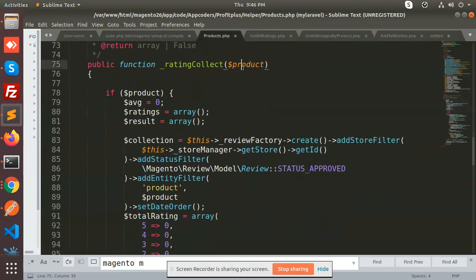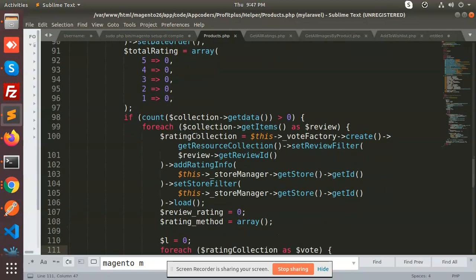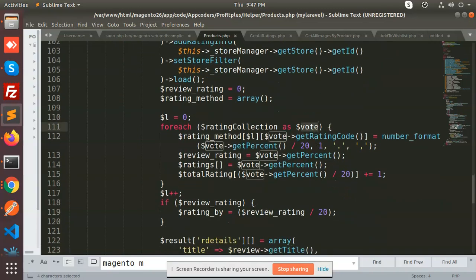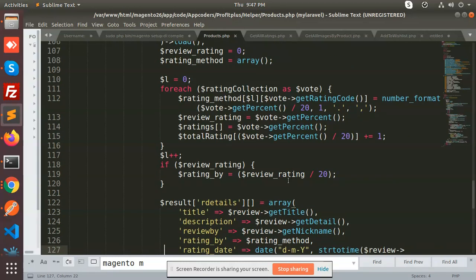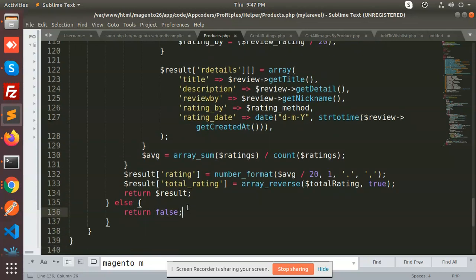Here I'm passing the product ID, and with the product ID I'm using the review factory to get the reviews, and again we have the collection, and I get the items to see how many ratings we have given to the product. After fetching this rating collection, let me calculate the whole percentage of how many ratings we have given, and after getting that it will bind into the results. If there are no ratings found then it will return false.